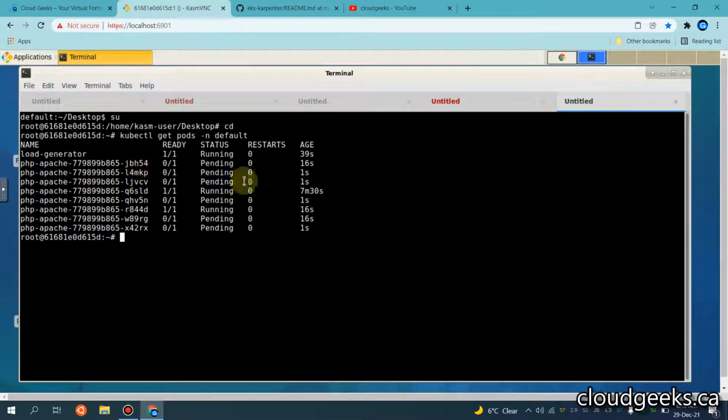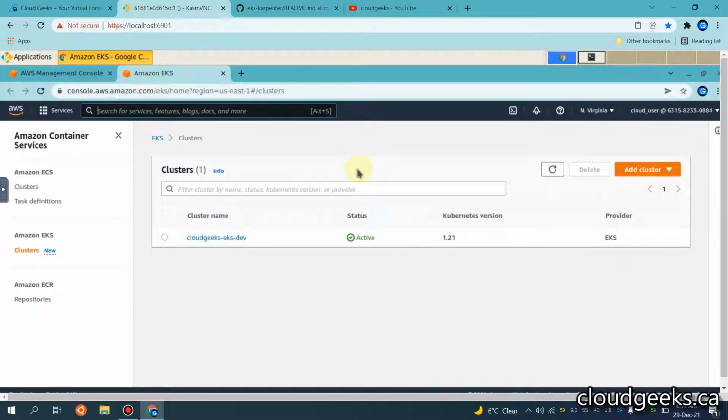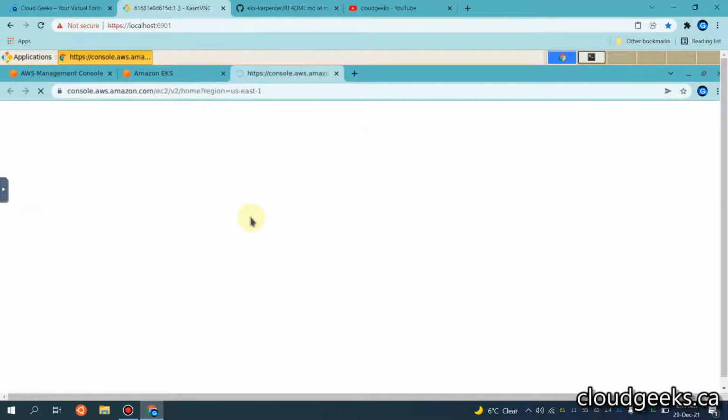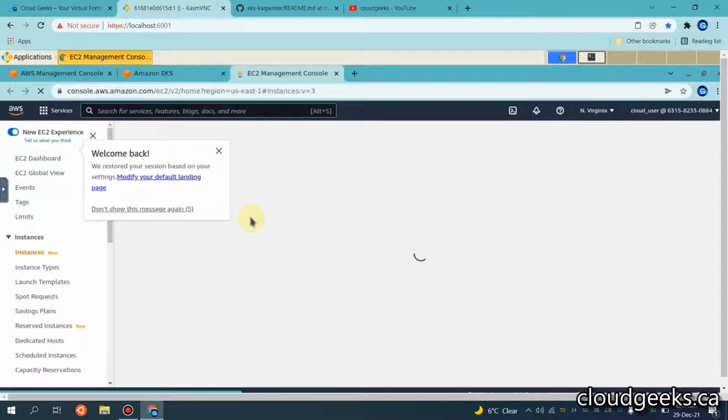And this load is now running, and I'm going to show you all the loads and what we have in our default namespace. So let me also do get all as well, and I will be showing you what is actually happening in our EC2 section.